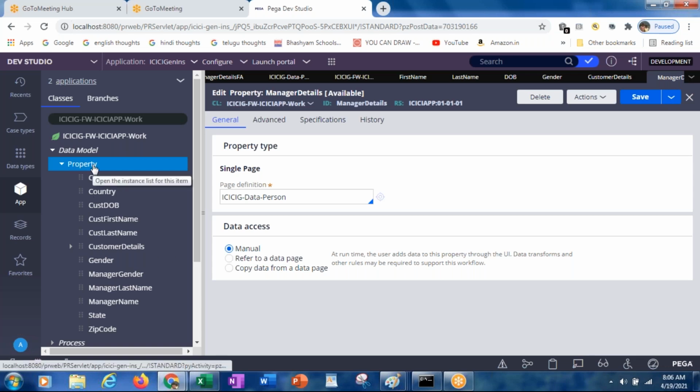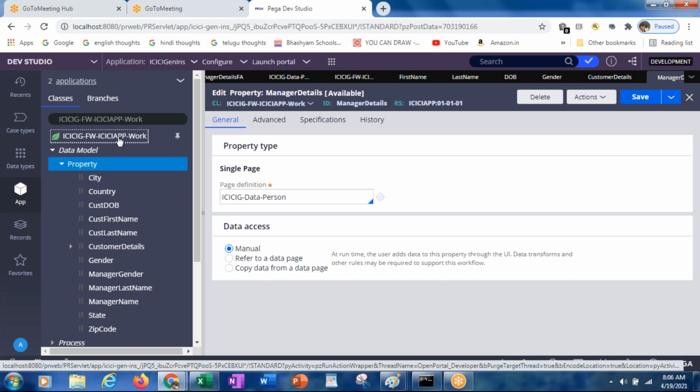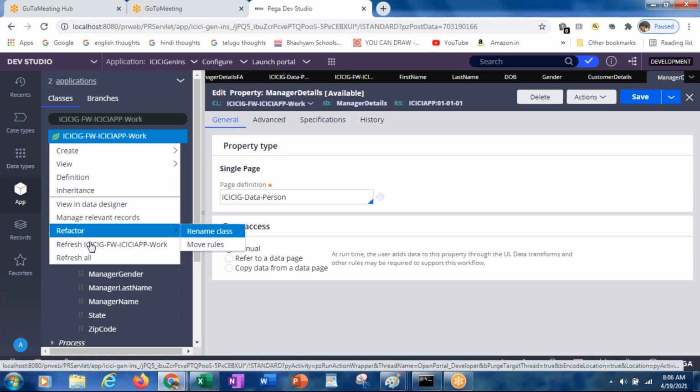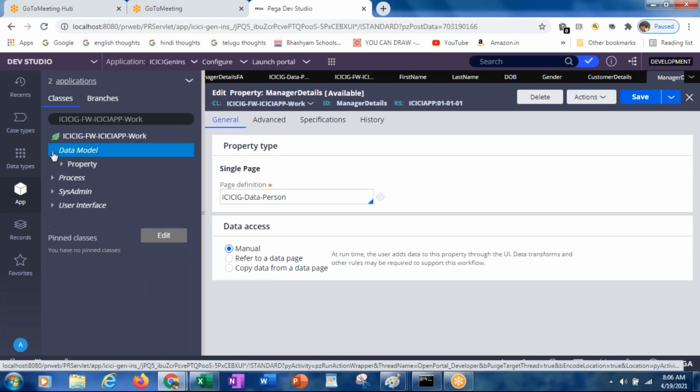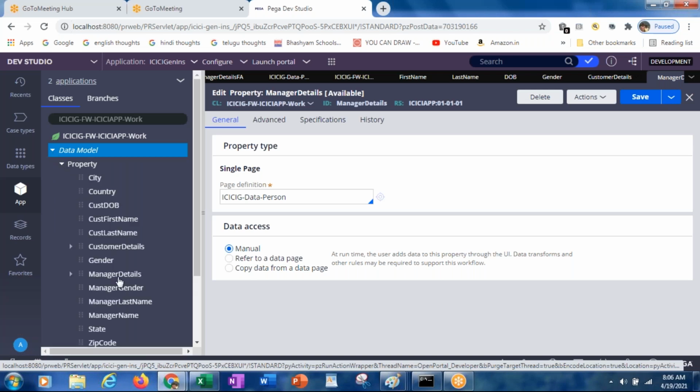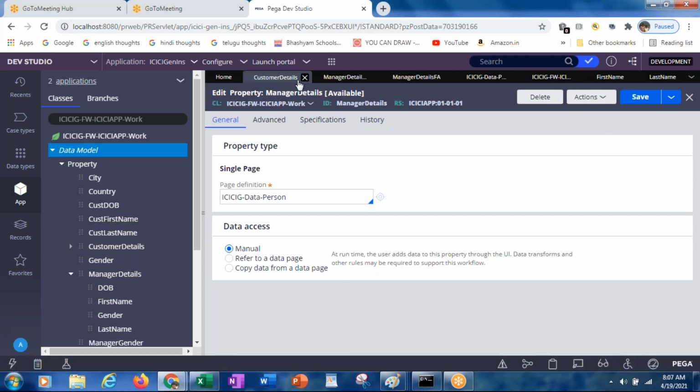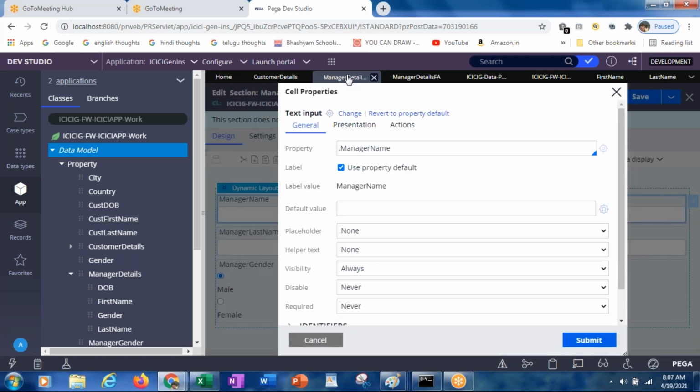So after creating that, what you need to do? If you refresh it here and expand it, see, you got the manager details also. If you expand this manager details, you will be able to see those 4 properties. Now simply go to the manager details section.